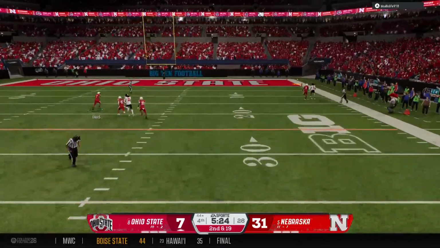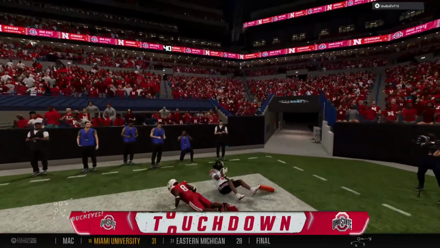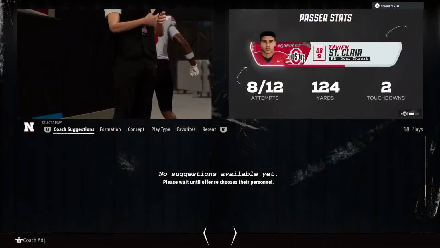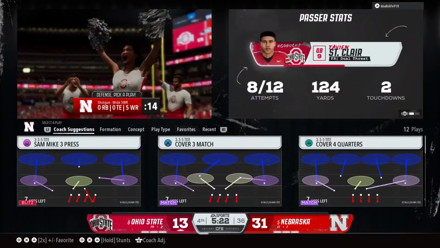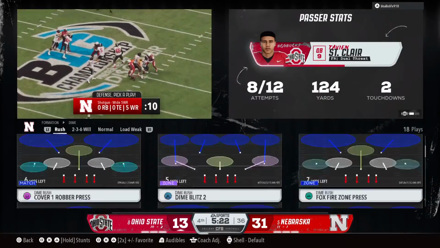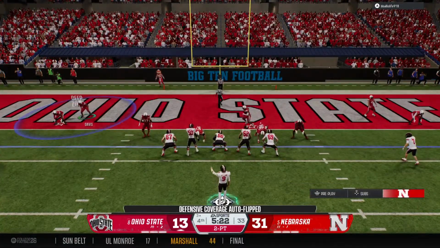Looking downfield near the end zone. And he makes the catch. Touchdown, Buckeyes. Well, that's a thing of beauty right there. Good job all around. Offensive line gave the quarterback enough time. Quarterback puts it right on the money. And with this receiver running a route like this, it makes it pretty simple. All you have to do is get his head turned around, catch that football. He's already in the end zone for the touchdown.